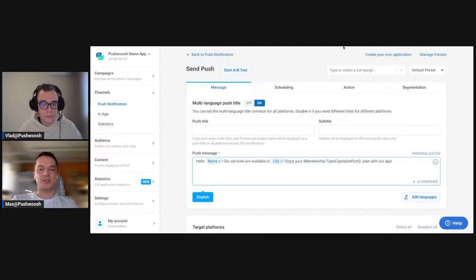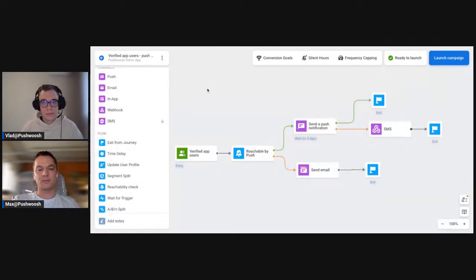timely messaging. Right now, let me switch to our customer journey builder. And here you can also try omnichannel approach and reach users through alternative communication channels if those are not reachable for push notifications. For example, here I have the scenario where I would like to target verified application users with some specific communications.